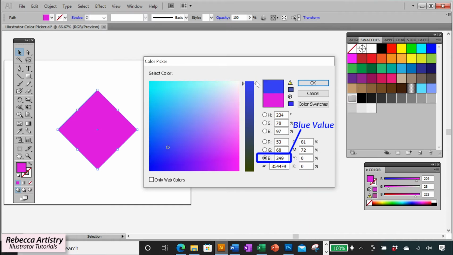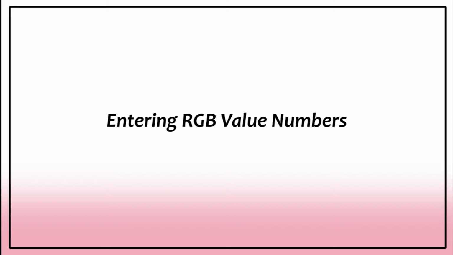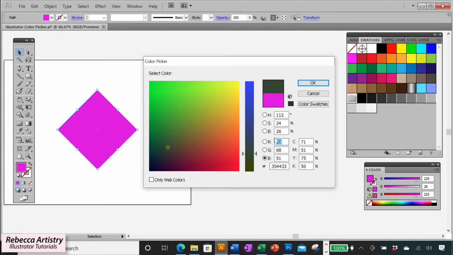It's going into a royal blue. And I can decrease the amount of blue in the color by sliding the slider down. Now I can also change the values by actually typing in actual numbers. So you're not going to know the RGB values for every color, but there are a few colors that I do know the RGB values for because they're just standard.